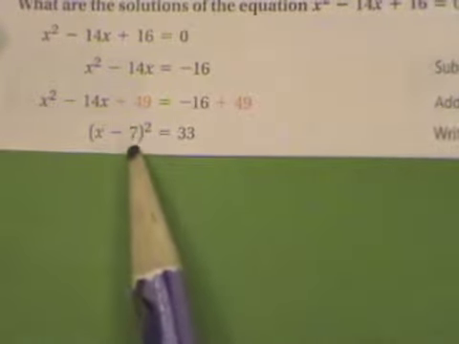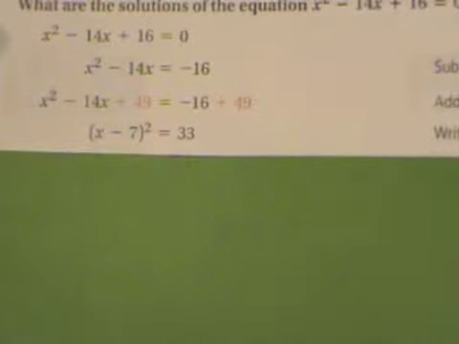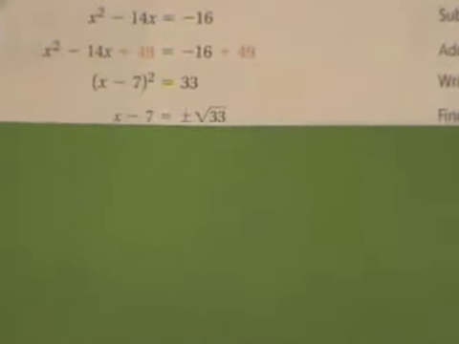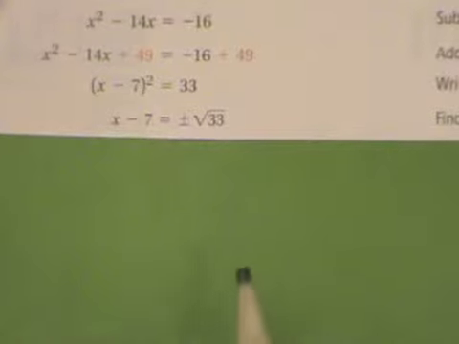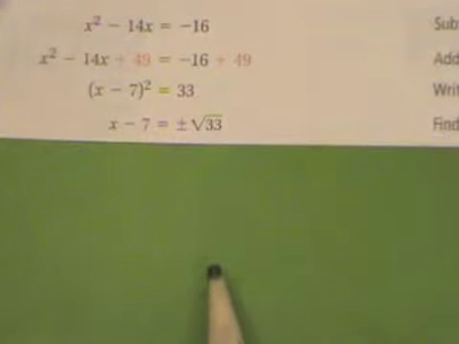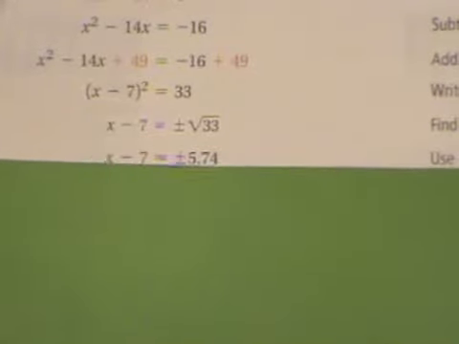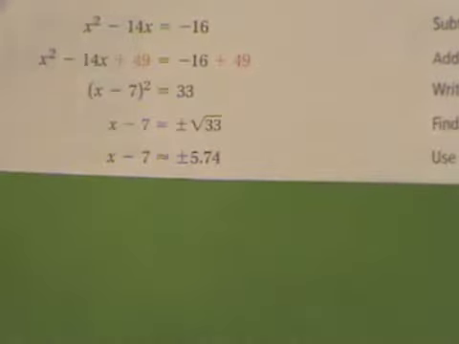(x − 7) quantity squared equals 33. Take the square root of each side. What are we going to do this time? Is there a perfect square root for 33? Aha. So they